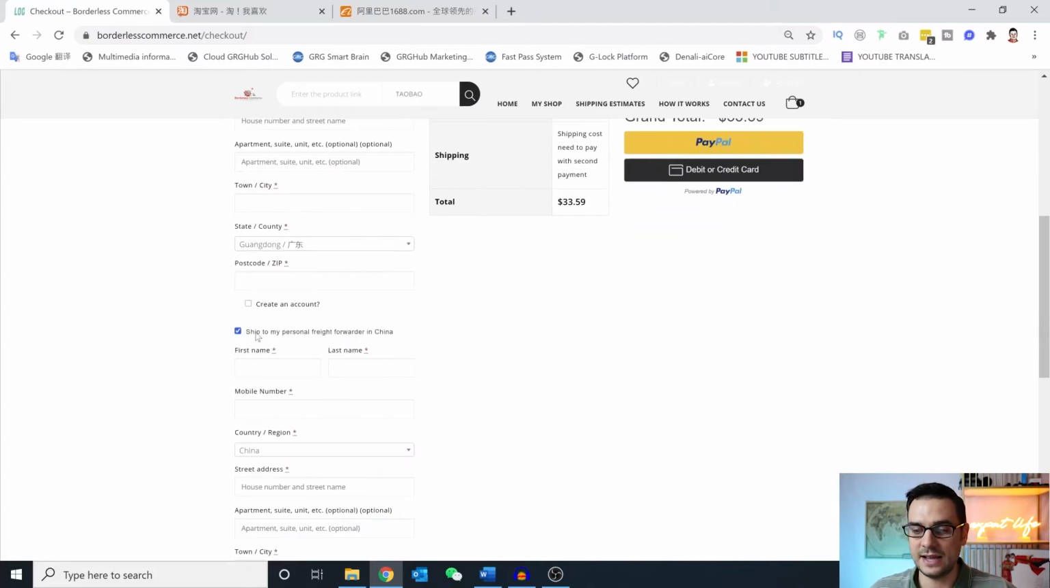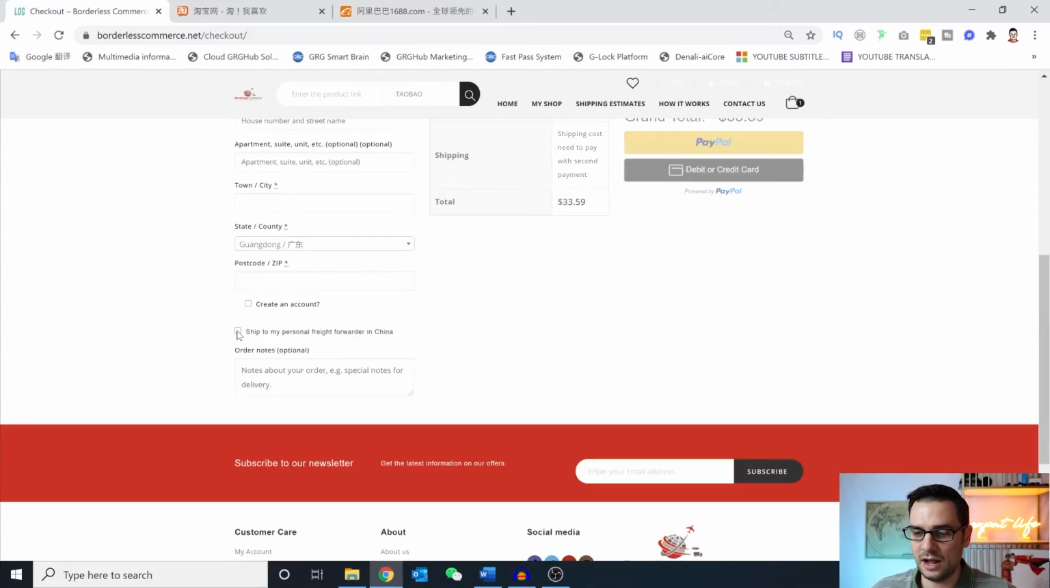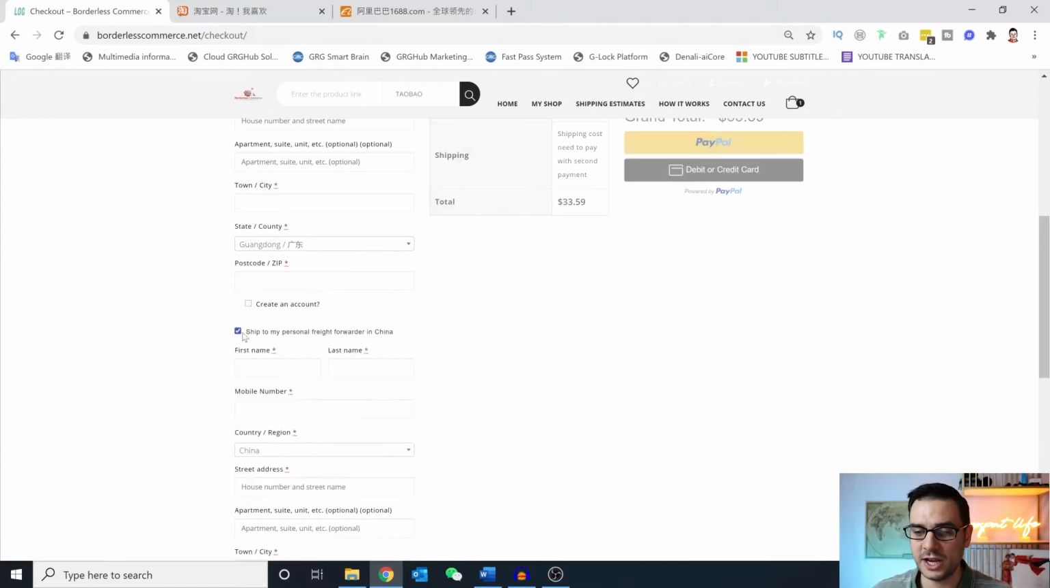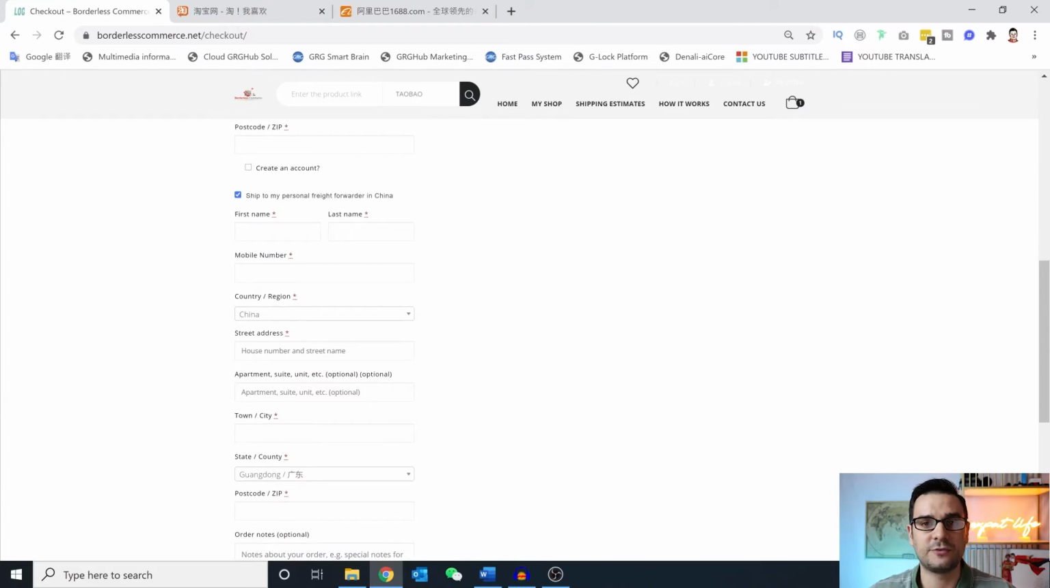Something I want to note is that in the bottom here, you can select an option to ship to my personal freight forwarder. If you don't have it selected, we will use our freight forwarder to ship to your final destination. If you have your own freight forwarder you're ready to do business with, make sure you check it and put the information of the freight forwarder in China here. The address must be in Chinese, not in Pinyin, for us to be able to successfully send it to your